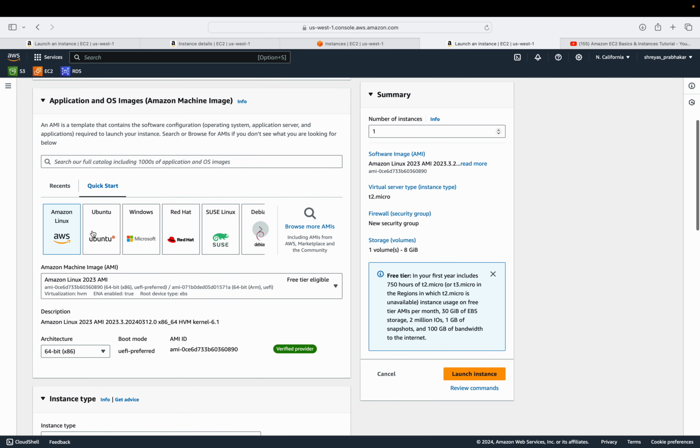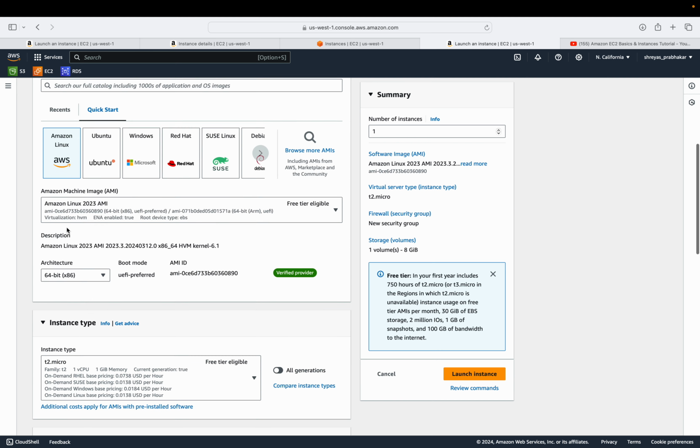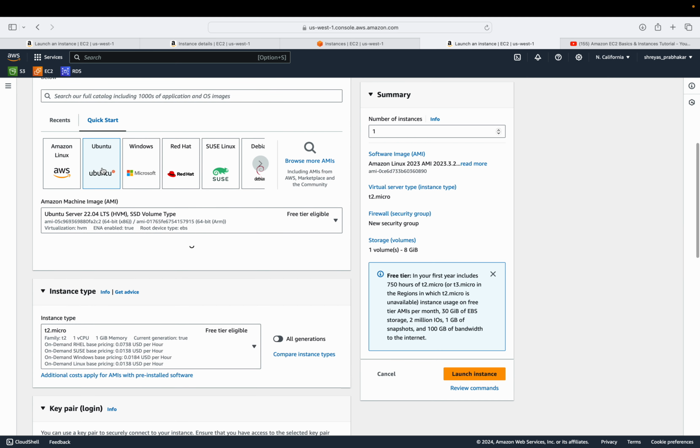we will be selecting which operating system we would like to use to create a new EC2 instance. Right now I will be using Amazon Linux. Basically, with the free tier, Amazon Linux would be a better choice, or we can go with Ubuntu. I'll click on this one,